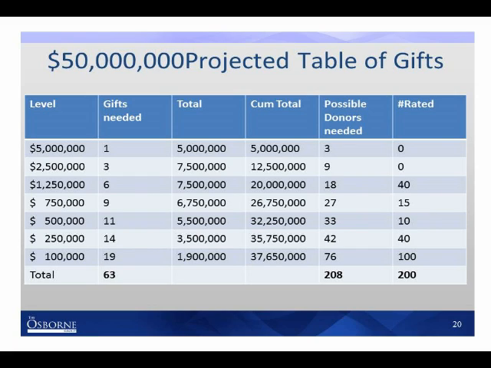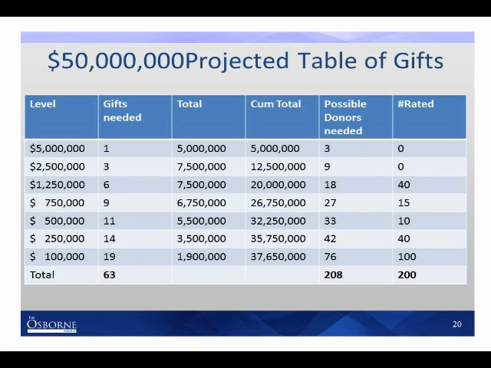We're almost there. I hope all of you use realized tables of gifts, a name-by-name table of gifts. We need one more person to vote. And a projected table of gifts, to which you add high, low, and likely. So as you look at the 6 gifts that we need at the 1.25 million and the 40 people that we have rated at this level, how likely is it that we're going to close that gift at what amount? Okay, so we've got 100% voting. So high, low, likely is a really important